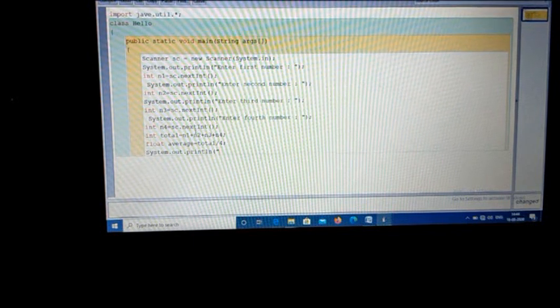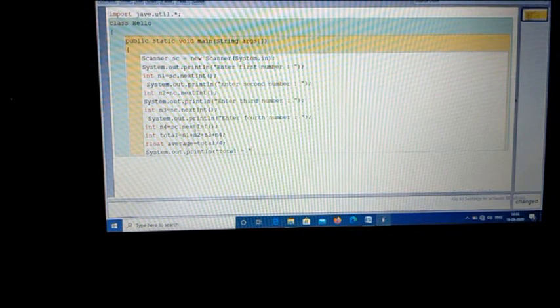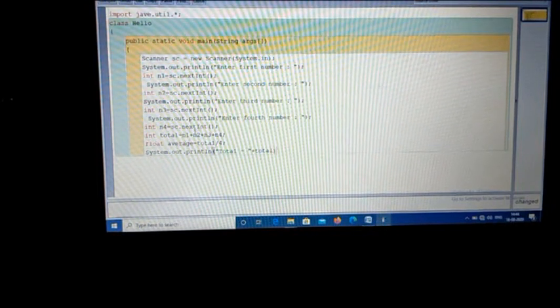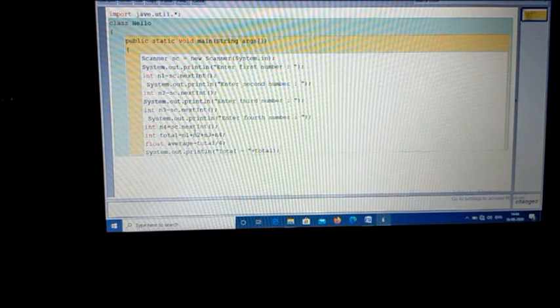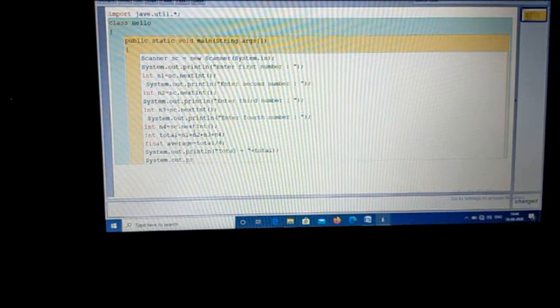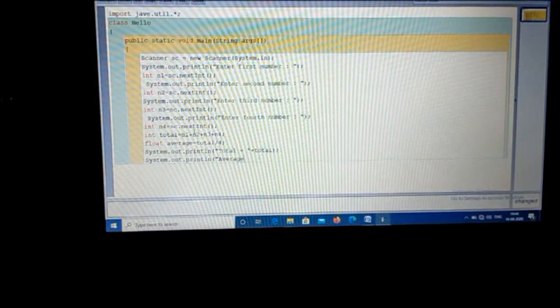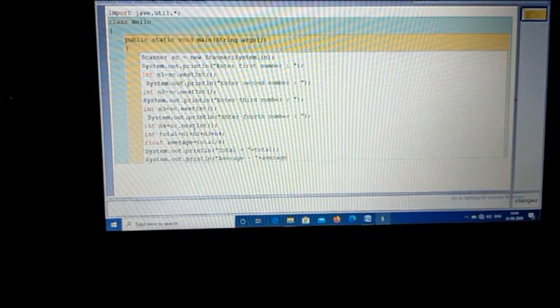I just print here "total equal to", it will be shown on the screen, then plus total semicolon. System.out.println, "average equal to" plus average, bracket close semicolon. Now you have to close main and close class.